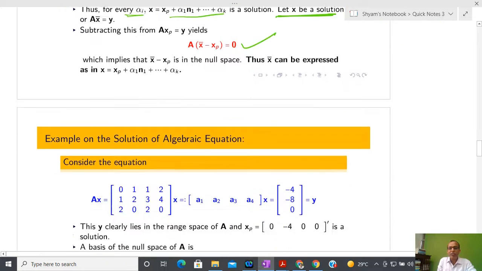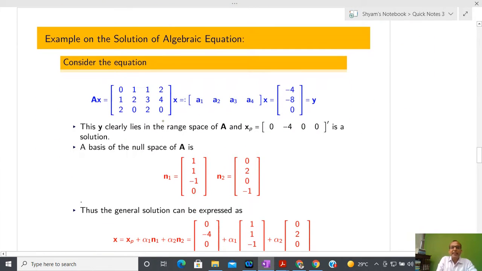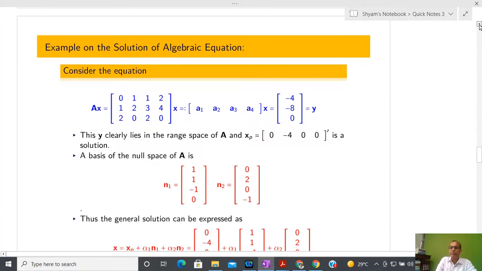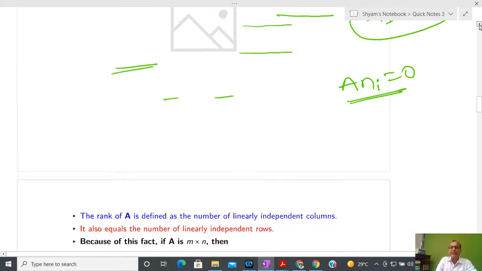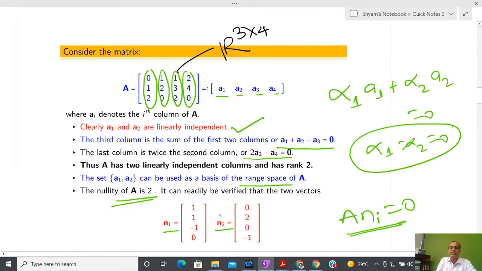Okay, now I have taken one simple example, the same A x equals y, where I have now chosen y as -4, -8 and 0, and I am going to search for the form of the solution of this problem. You can see this problem is exactly the same as the previous one. I have a matrix A, and I am going to find out what null vector is associated here. You can see the same matrix is here, and I know the null vector. Okay, so for the solution I have to find something that is in the range space, and after that just add it.